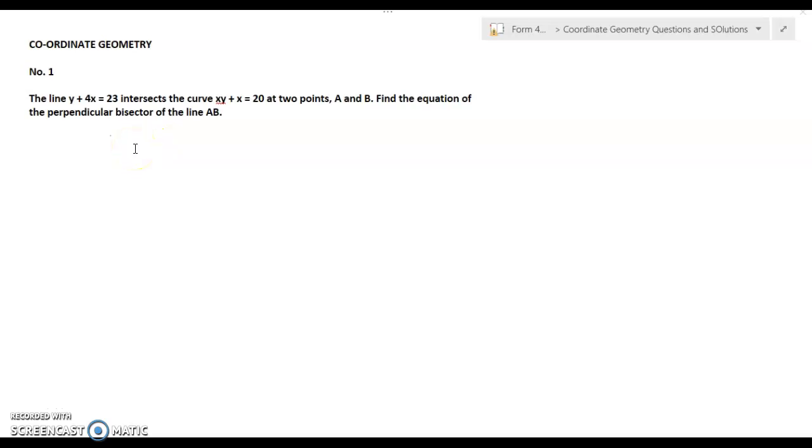Hi everyone, I'm going to do a question on coordinate geometry to make sure that you'll understand how to find the perpendicular bisector of a line. Now to find the perpendicular bisector of a line, that by itself takes a few steps. Perpendicular bisector, the steps are,